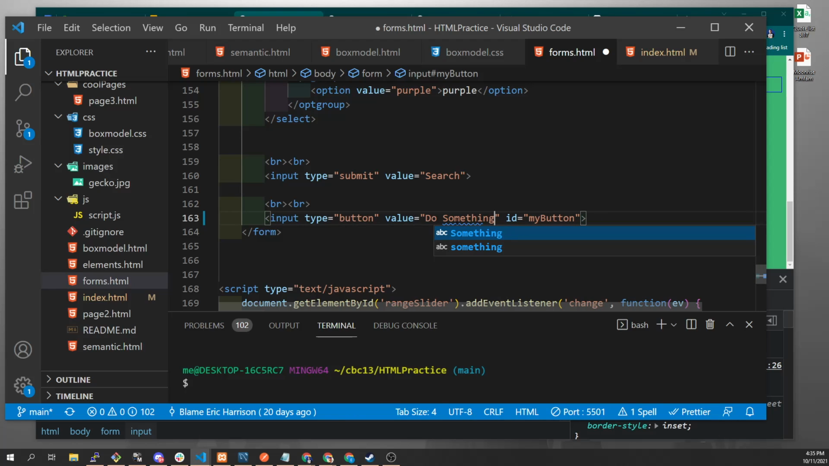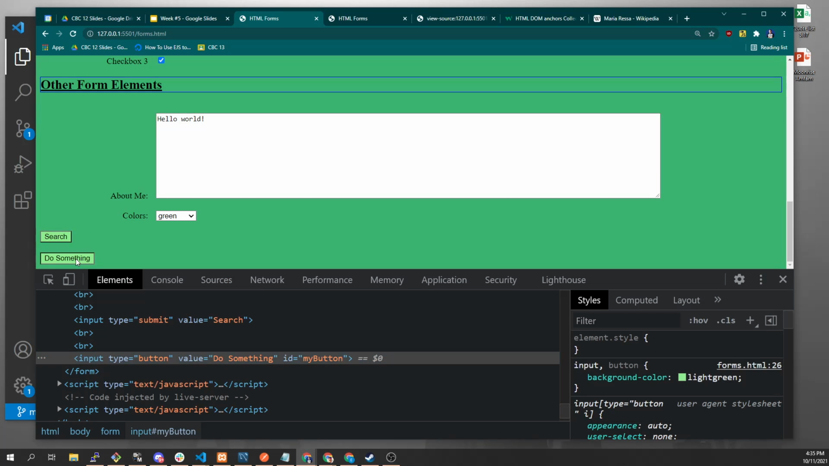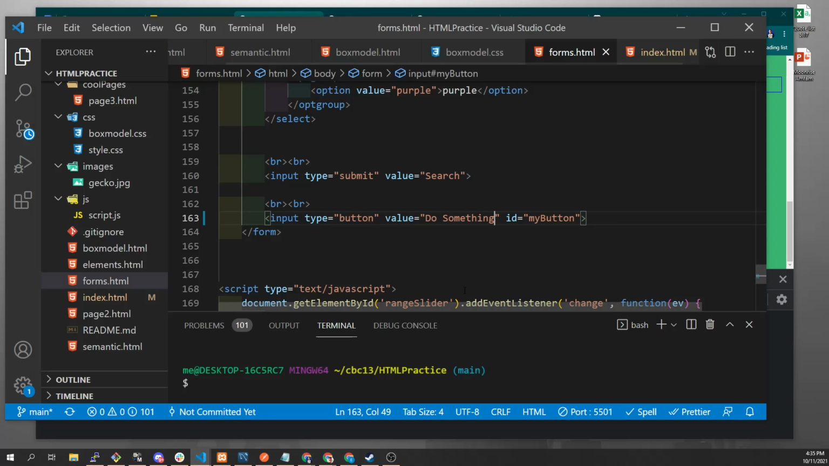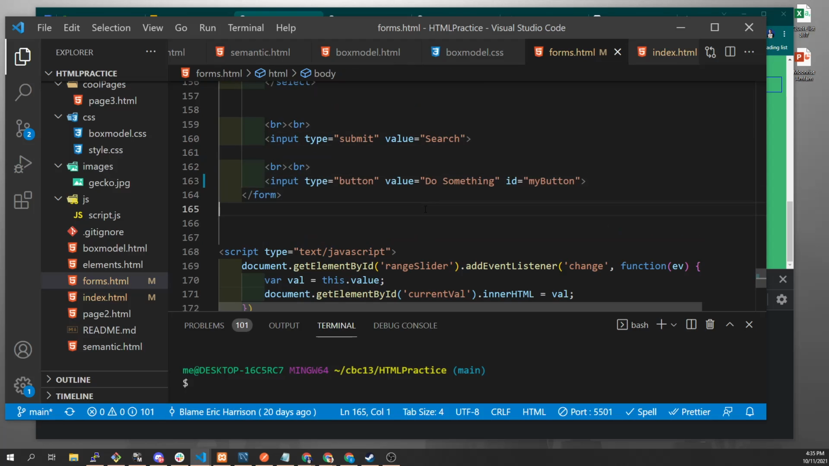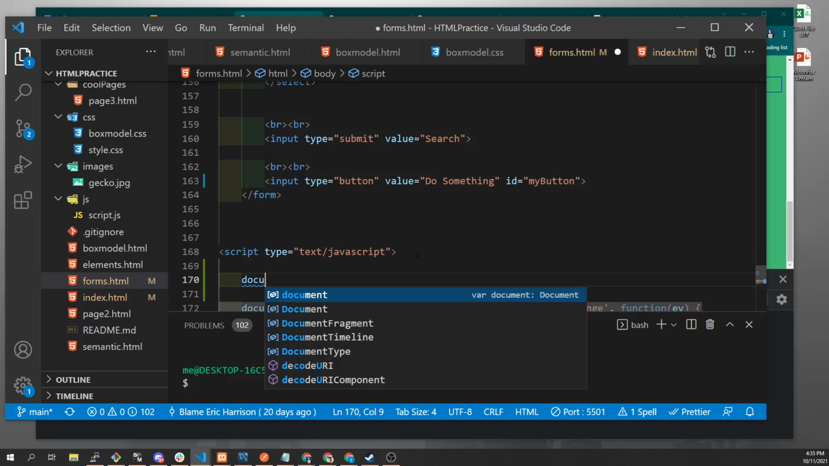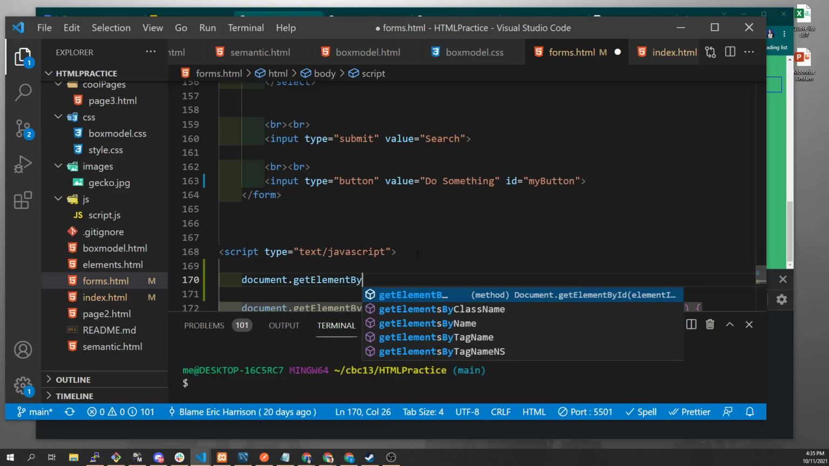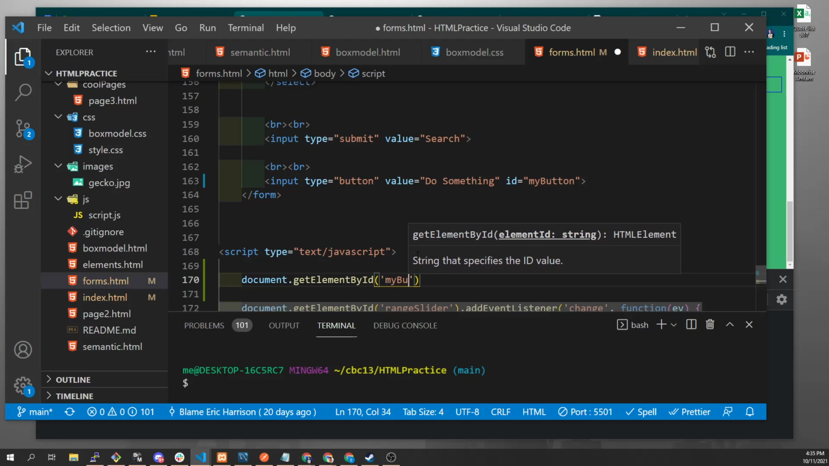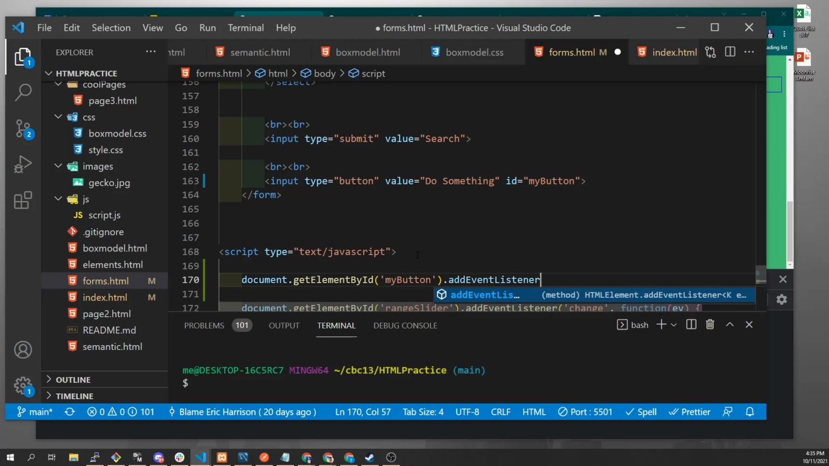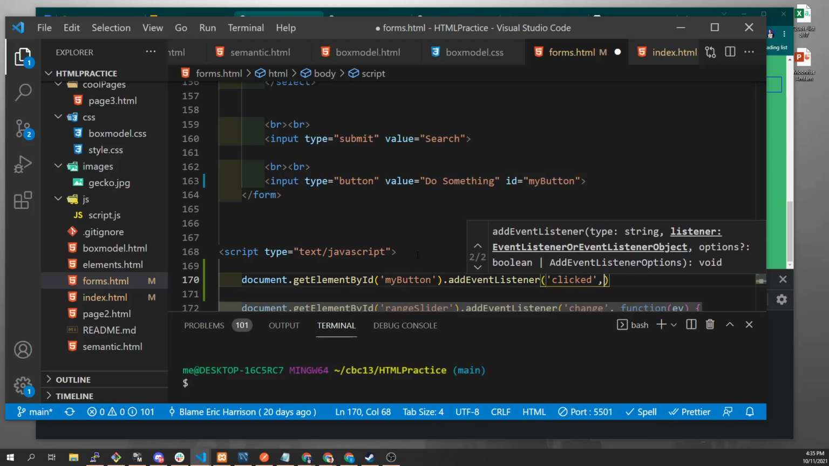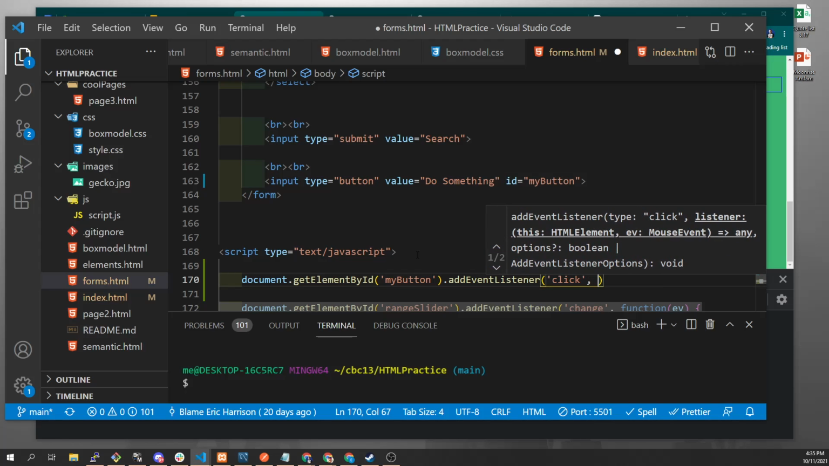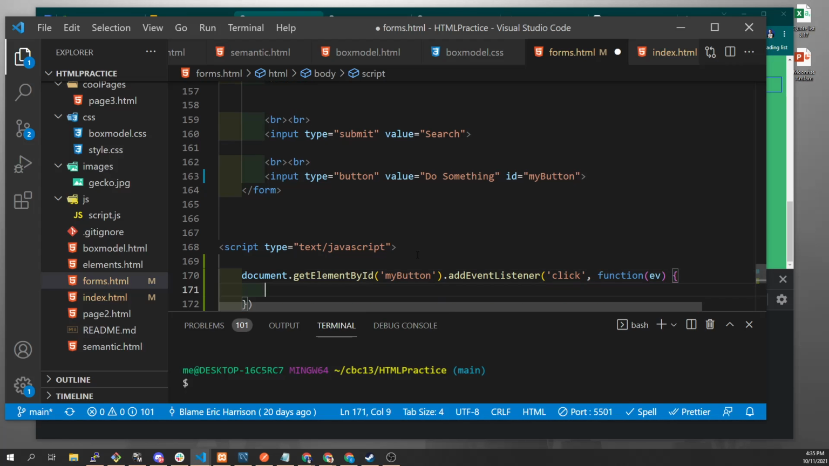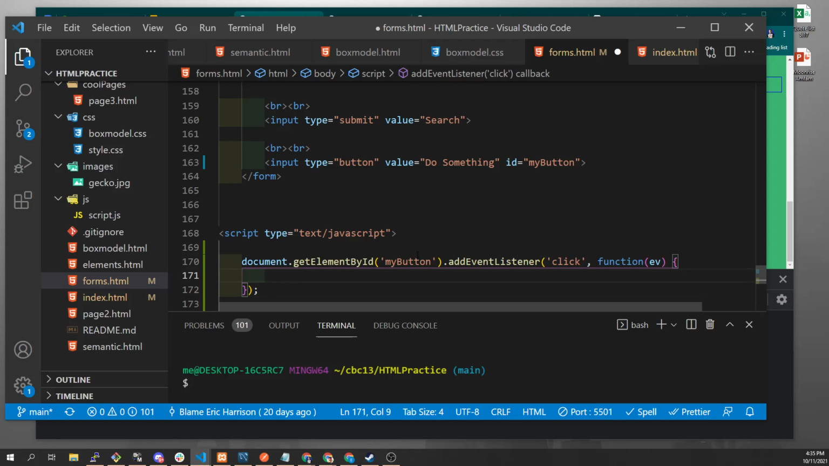Do something. I'm just going to have it. So right now this button does nothing. I'm going to write some code here real quickly, and I'm going to say, hey, when this do something button is clicked, do something. We'll figure out what we're going to have it do in a second. So I'm going to get a reference, getElementById, myButton, right? I'm getting this element, and now I'm going to addEventListener, which we haven't learned about yet, but we're going to. addEventListener, click, and then I'm going to say when this button is clicked, I'm going to take the value of,